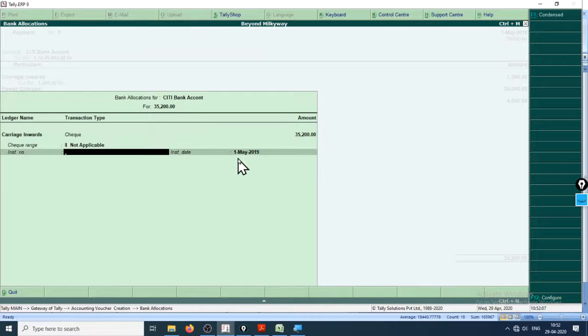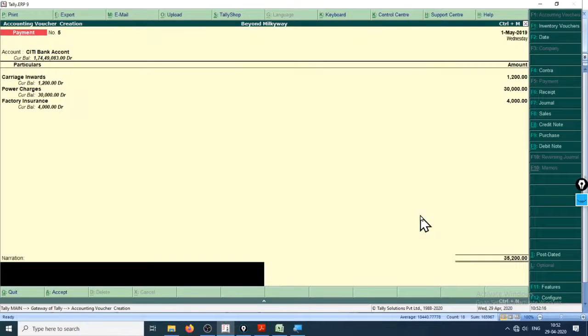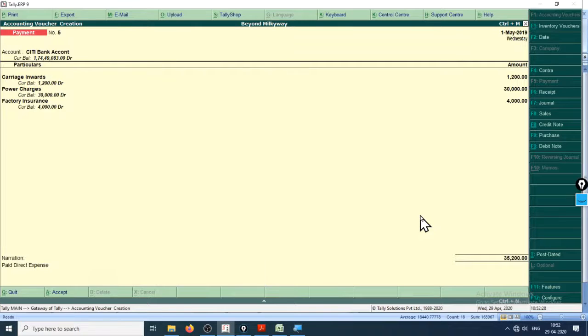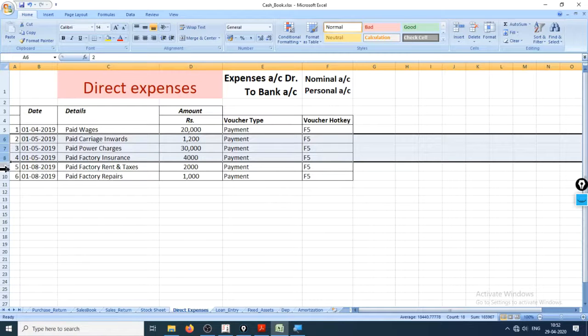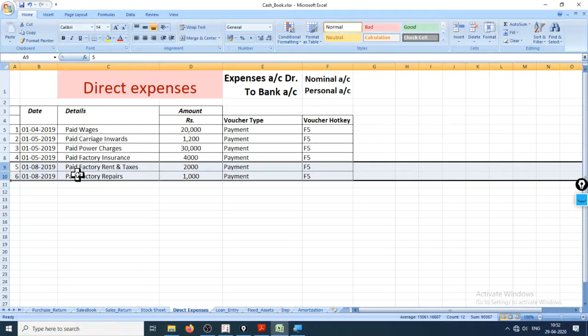If you don't want to see this window every time, you can turn it off by F11 or F12, F11 maybe, so that it will not ask you for checks. Paid direct expense, direct expense, accept.